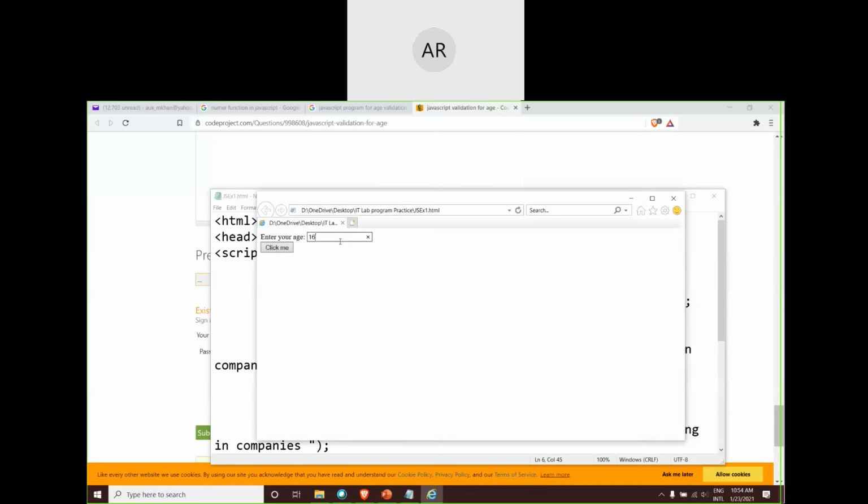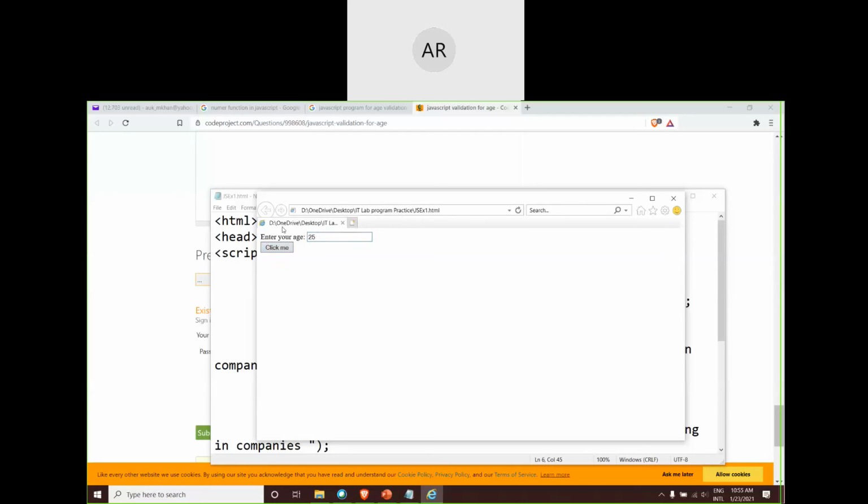Okay. Now suppose I give the same age as 25, let us check what will be the output. There is one more alert. Now it is telling: you are eligible for working in the company. Can you see how this alert box is kept? There is a close button associated with it. There is a yellow icon with it. There is a button associated with it. If I click close or OK, the pop-up will vanish. Okay, it will get closed.